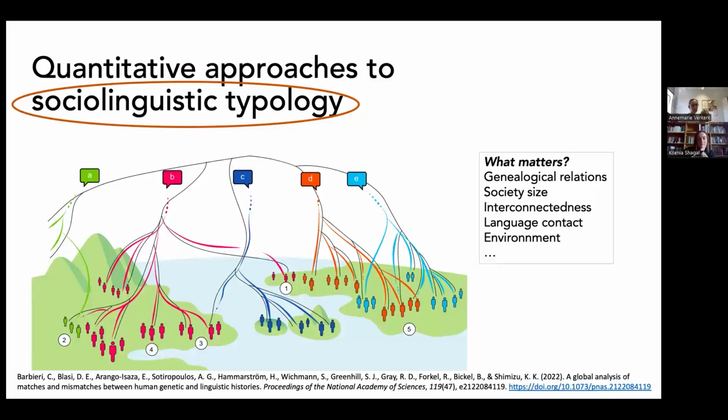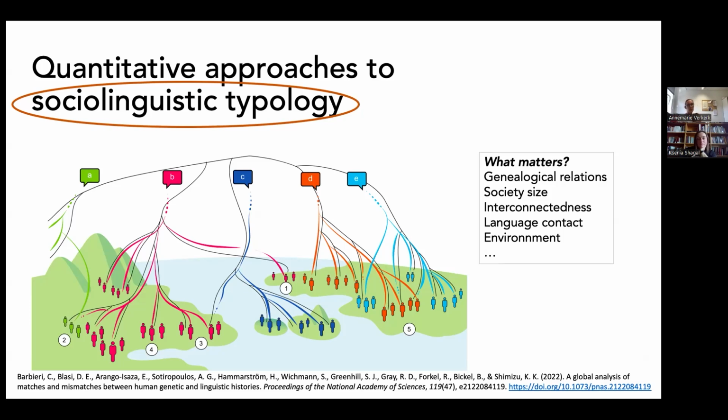But what then actually matters, right? So here on the figure you have these lines, right, that depict genealogical descent or language family relationships. So this definitely matters, because languages are often in contact with languages that are closely related to their language, right? So languages that are in contact are often closely or less closely related to one another. So within families, there is a certain tendency for languages with similar typologies to be in contact with one another. What does that mean, right? This is an open question.